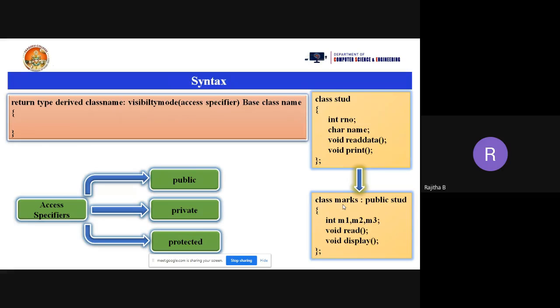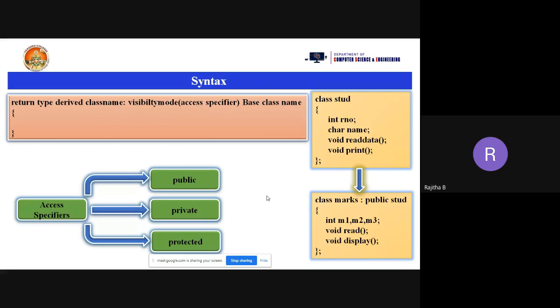Is this clear, everyone up to here? Yes, ma'am. Do you have any doubts? No, ma'am. Till now, we have discussed what is class, what is object, what is encapsulation and what is abstraction. Now this is the fifth one, inheritance. Do you have any doubts in class, object, abstraction like that? No, ma'am.